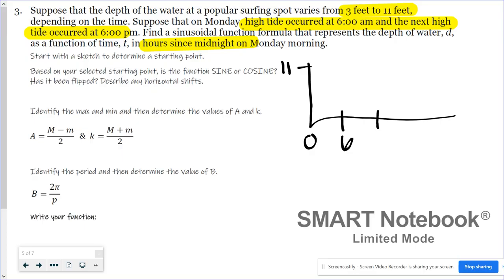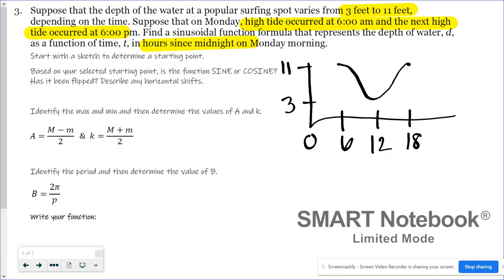So you've got your 12 noon, and then 6 p.m. would be the 1800 hour mark. And that's when it hit its maximum again. So it went from high tide at 6 a.m., 11 feet, to high tide at 6 p.m., 11 feet again. And at some point in between, it would have reached its minimum. Okay. So this is what they've described,